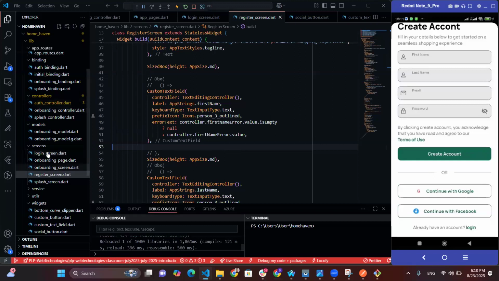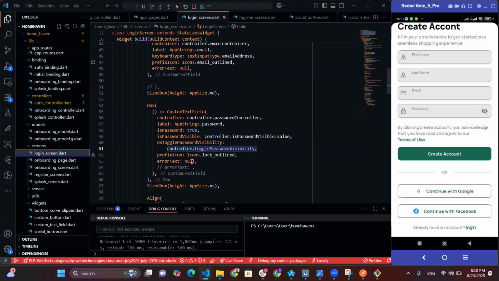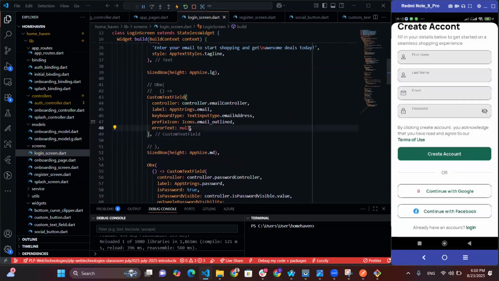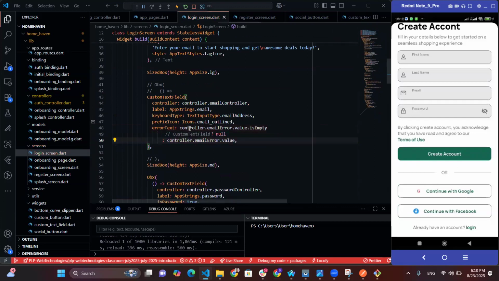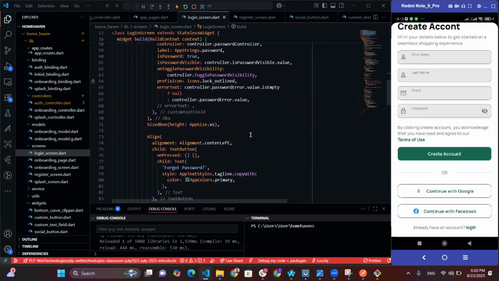Same thing applies to the login screen. Now on the login screen, we have for password, password error. And then for email, yeah, we have this. So now if we look at our buttons, let's say